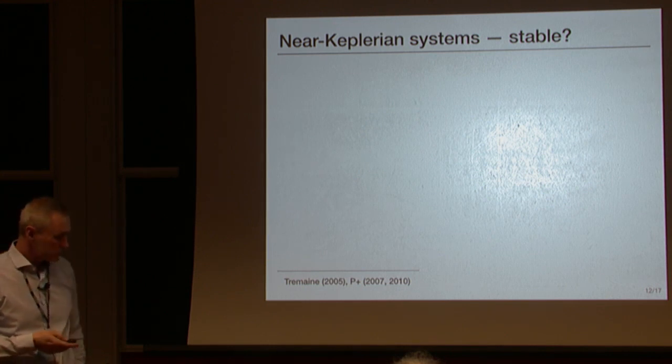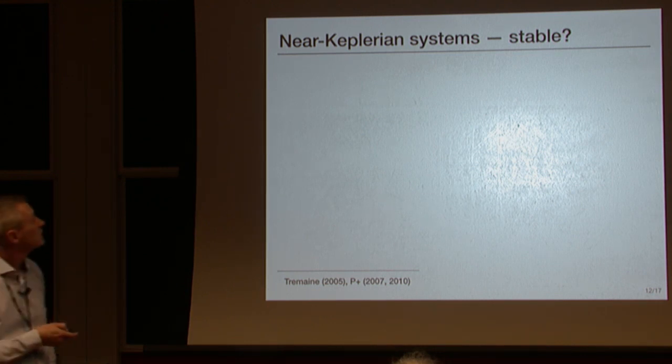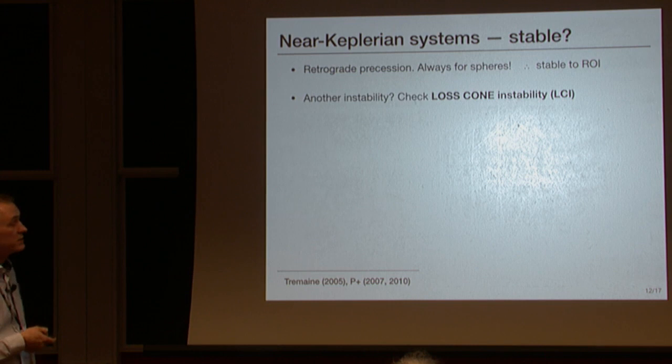Now I want to go to the problems with small parameters, and I will consider neo-Keplerian systems first. In these systems, for spheres, you always have retrograde precession, which means that it is stable for radial orbit instability. Is there any other instability? We suspect that yes,